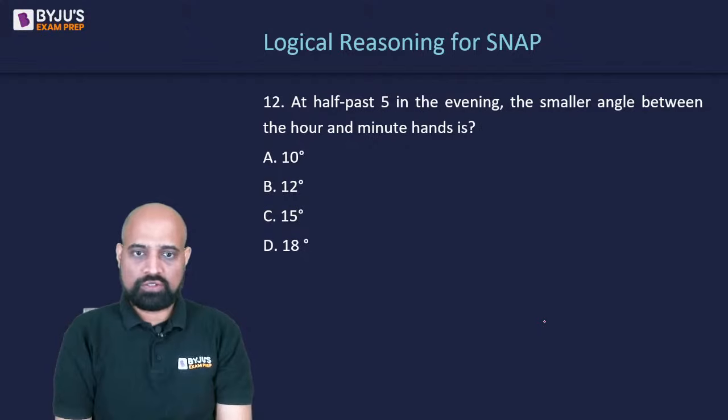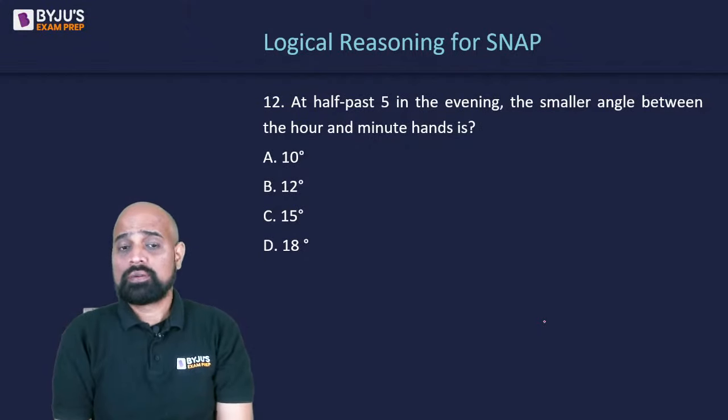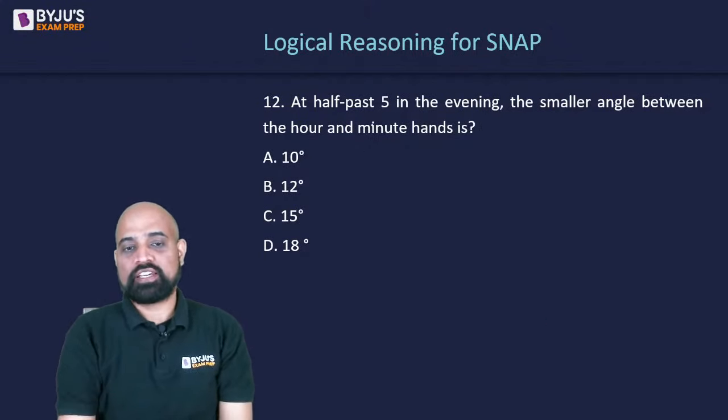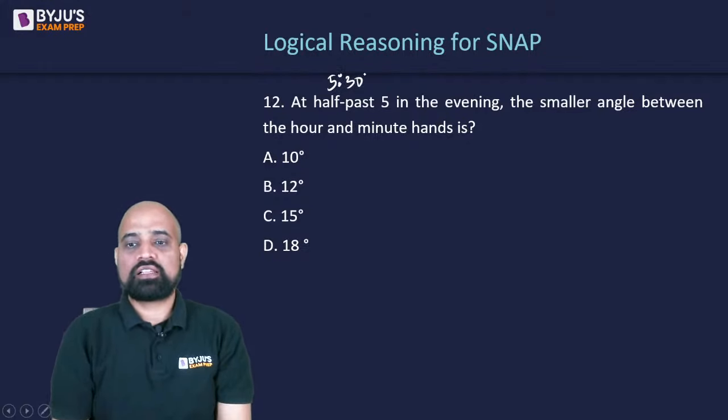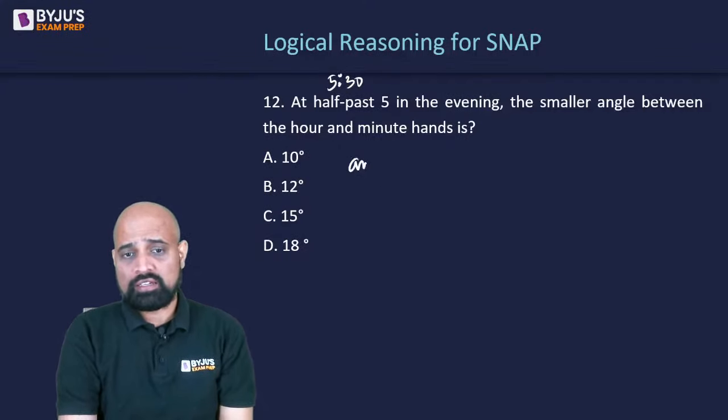Okay. Question on clocks. At 5:30 in the evening, 5:30 means simply 5:30. The smaller angle between the hour and minute hands is. So very straightforward question. You guys would be aware of the formula that the angle between the hands is given